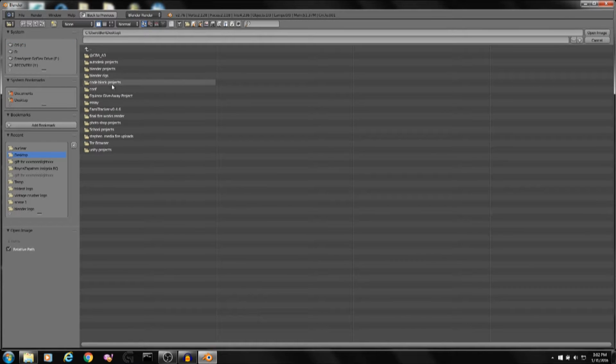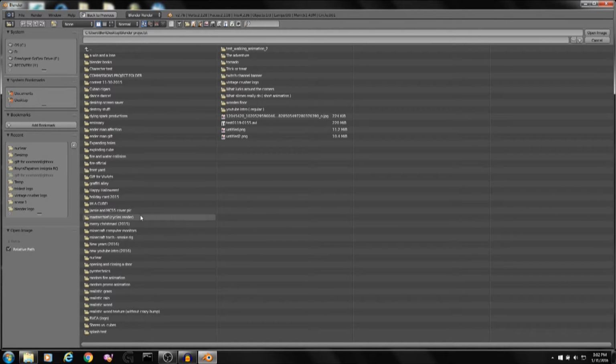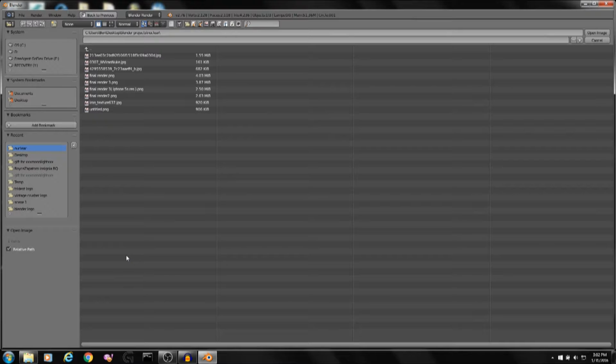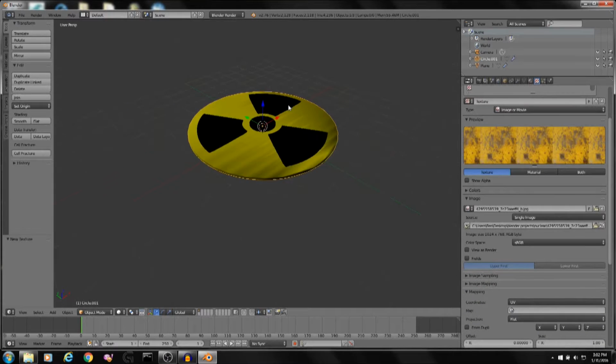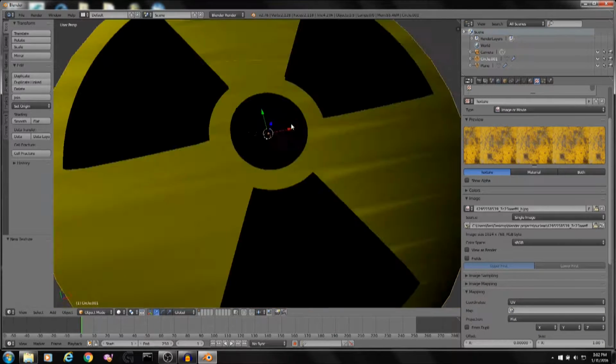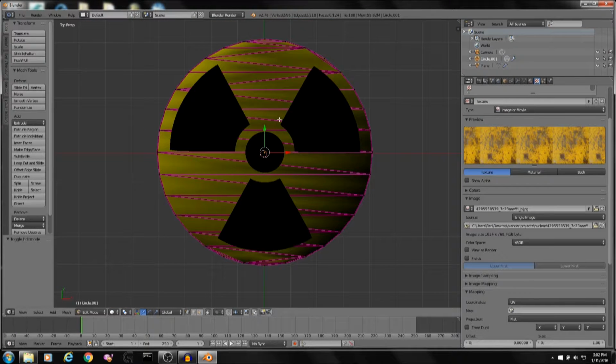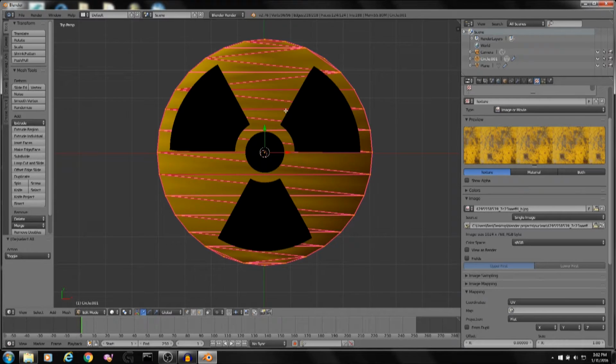Go ahead and find wherever you decided to put those textures. In my case, they're in the project folder, and holy crap, I got a lot of projects going. Now I gotta find it. That's it. All right. Just go ahead and select everything